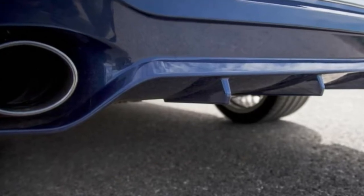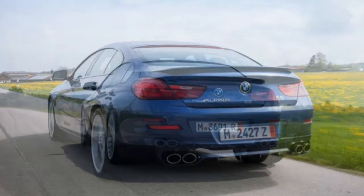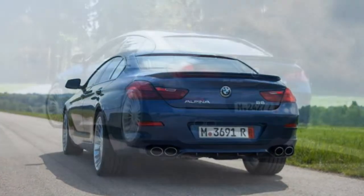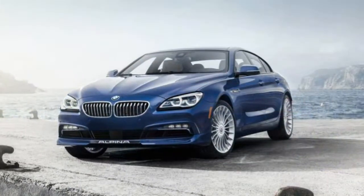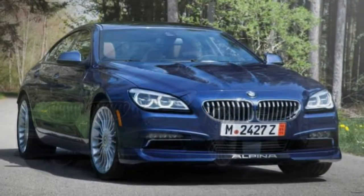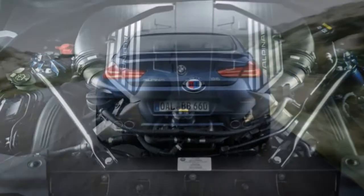You can think about the B6 as the ultimate expression of the 6 Series Gran Coupé with unique exterior styling differences, exclusive exterior paint options, Alpina-specific 20-inch wheels, unique interior material treatments, and upgrades to the engine, suspension and 8-speed automatic transmission. Thanks to the Alpina treatment, the B6's twin-turbo V8 power plant produces 600 horsepower and 590 pound-feet of torque,